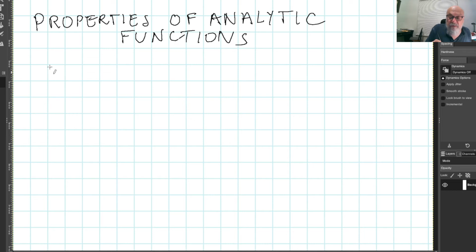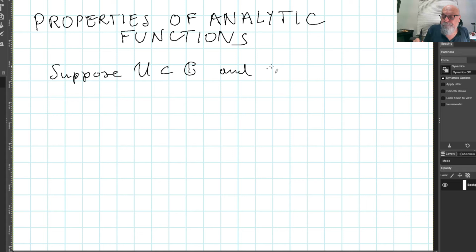So we start with the setting: suppose U is contained in C, and f from U to C is an analytic function